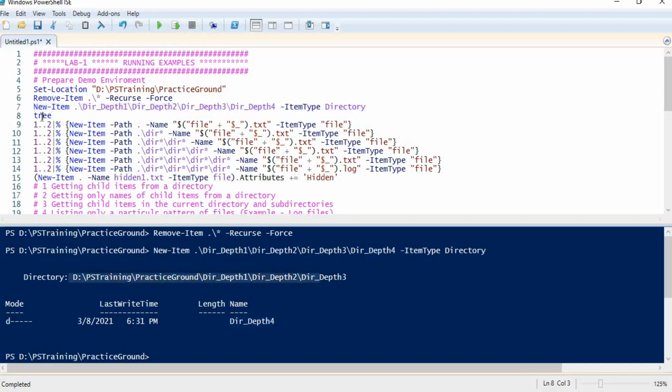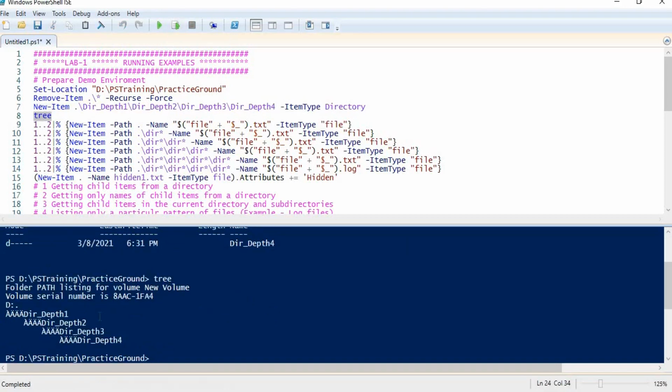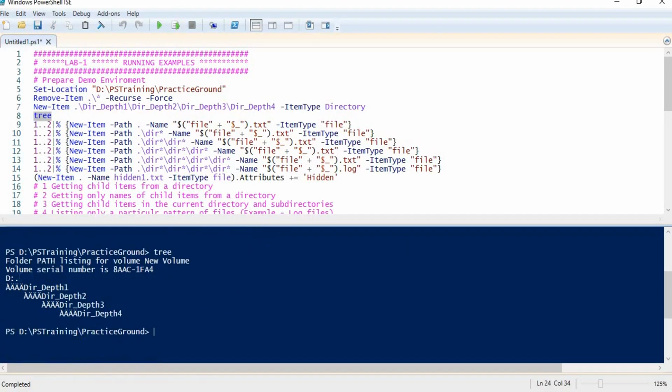If we want to check what exactly has been created, we can use the tree command. In our current folder we have a directory dir_depth1, under that depth2, then depth3, then depth4, and so on.